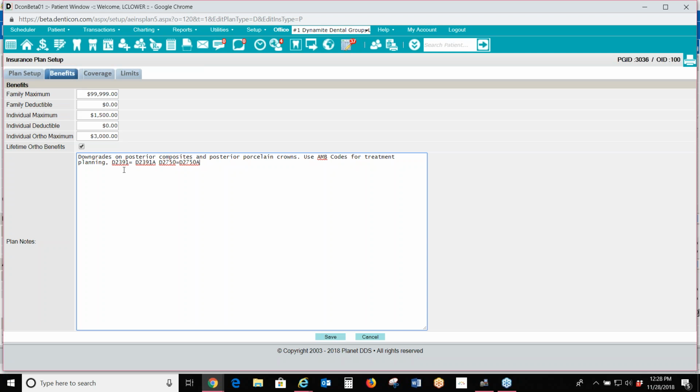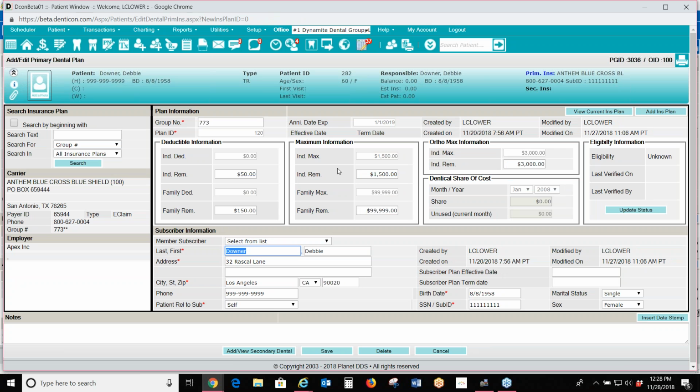planning. And then I've just decided, because sometimes you have brand new front desk people, they might not even be 100% familiar with all of your CDT codes. This is just something that you could do to make it a little bit easier for them. When you're using D2391, that's the same as D2391A. It's the alternate code. So you can put that note here and save it, and that way when they are looking at the information